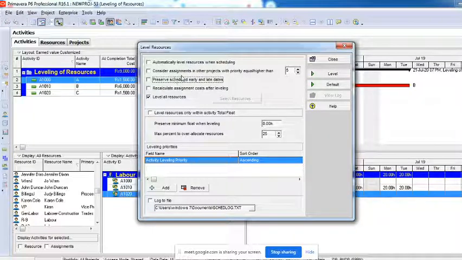Consider the assignment in other projects with a priority equal to or higher than this number. Means what? If the same resource is working in multiple projects, assume a project manager or design engineer. Best example is a design or planning engineer. Say the same design engineer is working for 2 different projects, and on both days this project manager says I want that particular design engineer for 8 hours here, the other person also says I want him 8 hours here. How is it possible? He can work either on this project or on that project. If he starts working for both projects, then he will not be able to give you 8 hours, or he'll have to seriously work for 16 hours to give you 8 hours per day, which is not possible.